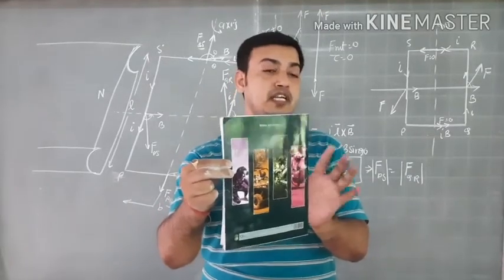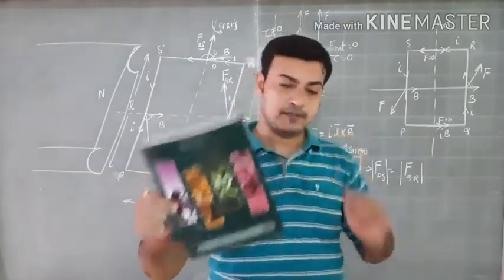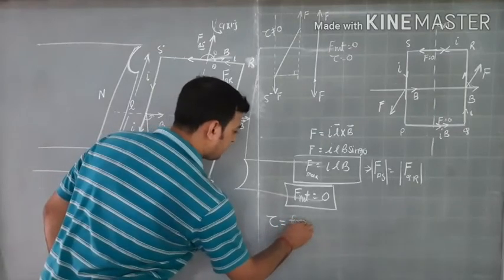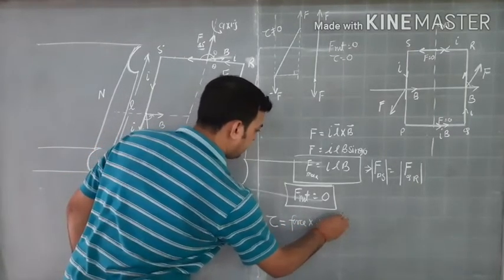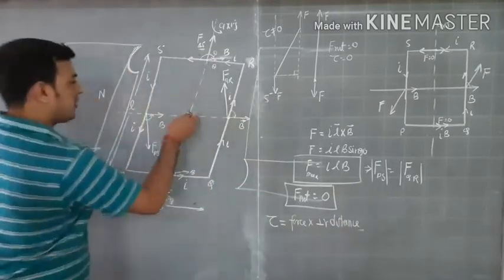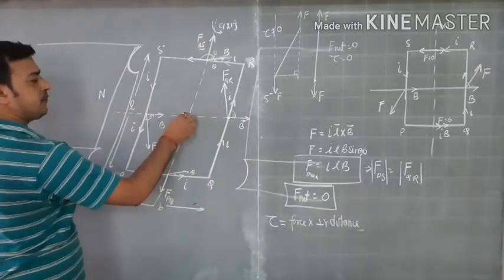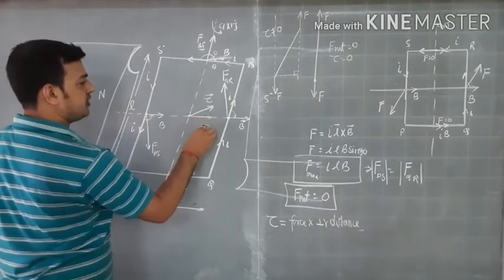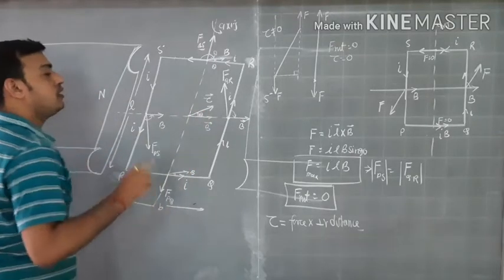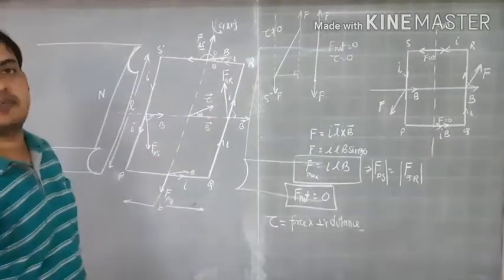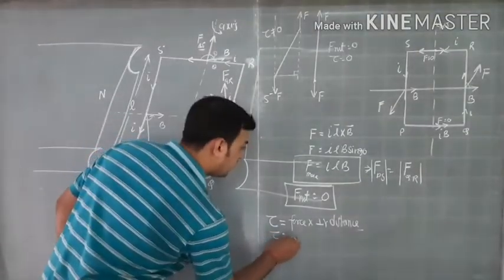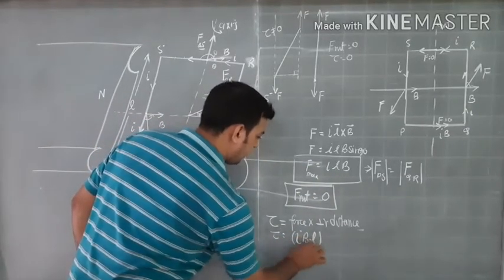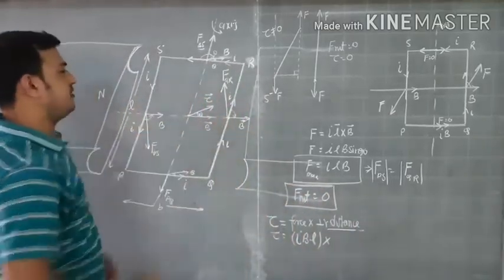So in that case, we need to find out the distance between these two forces. To find out the torque, we need force and perpendicular distance between the forces. If you see at this point, the torque will act something like this. The magnetic field is here and there is an angle between these two. This is because my coil is placed at some angle. So force is, we know, this is I, B, F, and now we need the perpendicular distance between the forces.